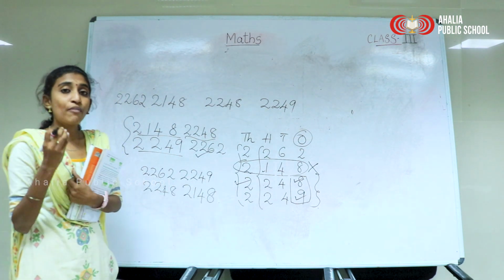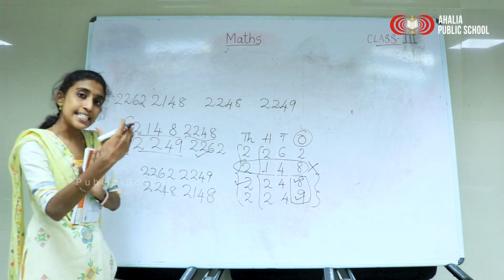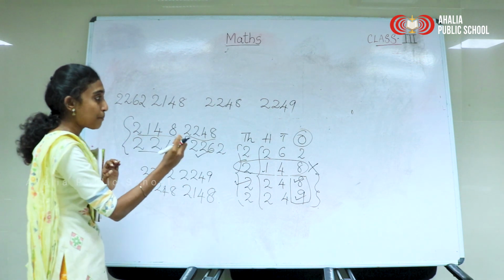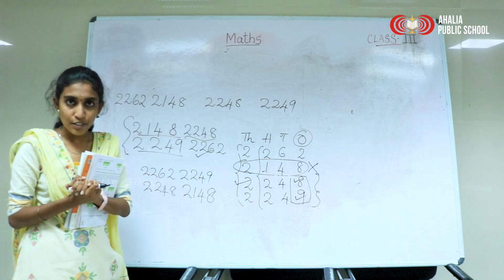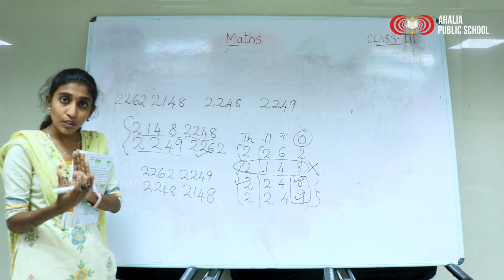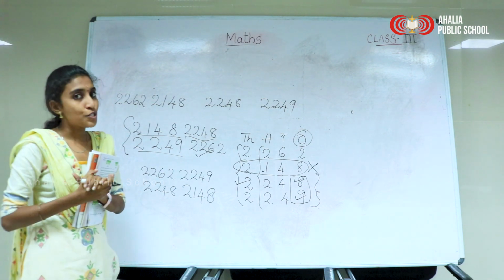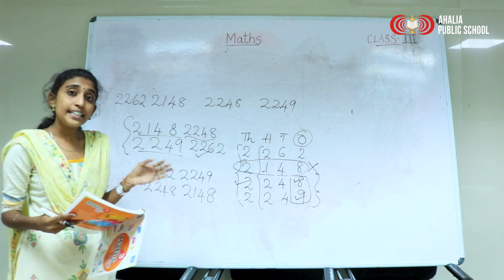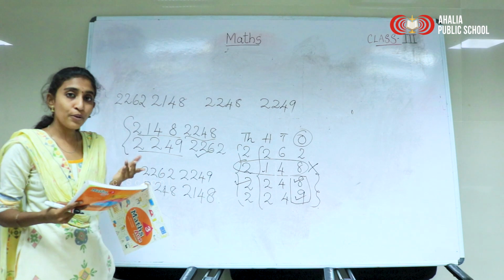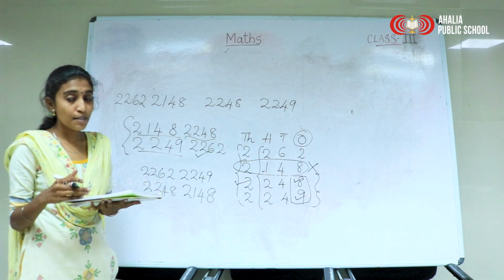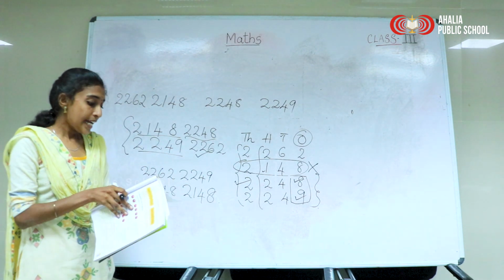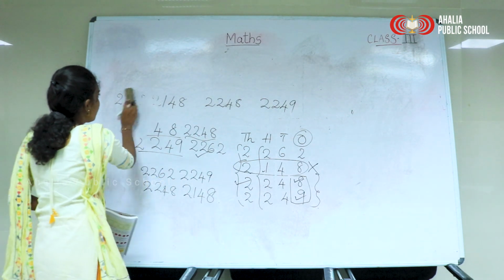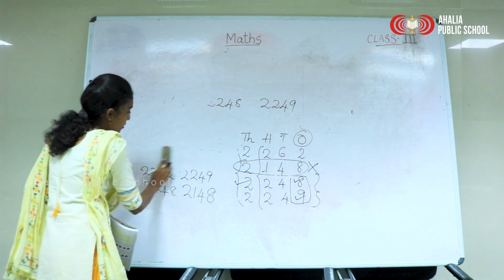So remember children, while we are writing the numbers, whether in ascending or descending order, we have to compare each of the numbers in the respective place values. Then only we can conclude which is the greatest or which is the smallest. So that is about ascending and descending order. In the interactive sessions, I will be giving you few more examples so that you can get the concept more and more clear. The next is forming greatest and smallest numbers. Okay? Forming greatest and smallest number.